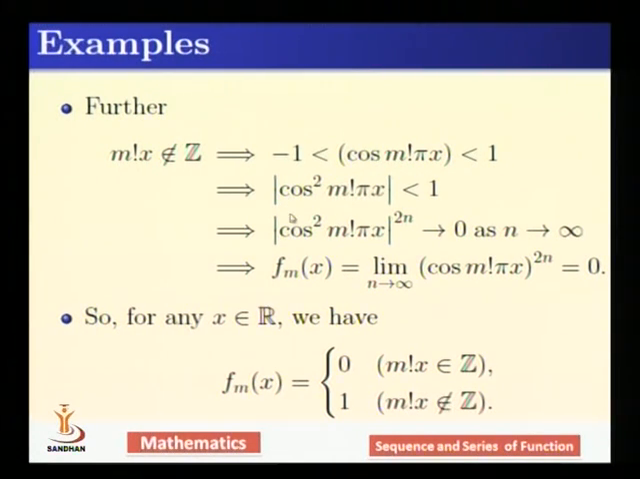So this will give us that the absolute value of cos squared of (m factorial pi x) is less than 1. So if you take the n-th power of this, since the quantity is less than 1, by a known result on sequences, if mod x is less than 1, then x raised to n tends to 0. So if you take the n-th power of